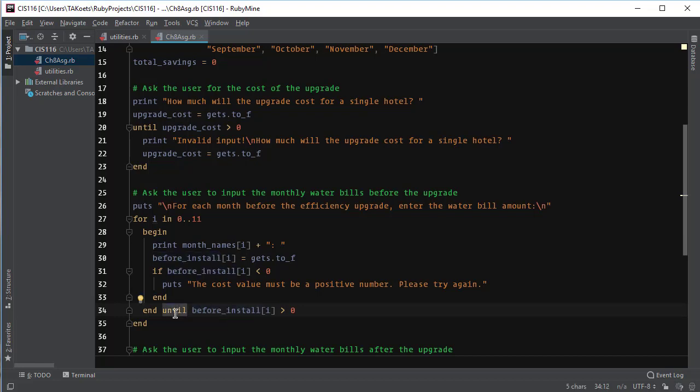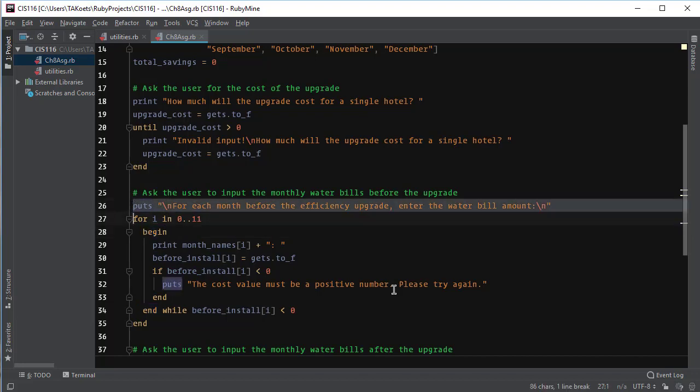Another way you could write this loop is you could say while it's less than 0. That actually, in this case, might be a little bit more of an intuitive way to read it. So we have a loop here that will run while the specific value we're dealing with is less than 0. It's going to run at least once, but it may run multiple times if the value the user entered is a negative number. So this loop will effectively ask for all 12 values,